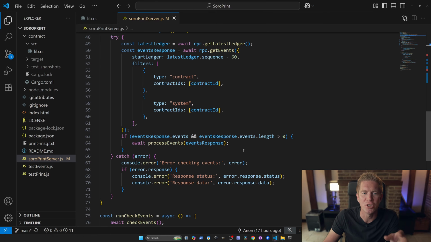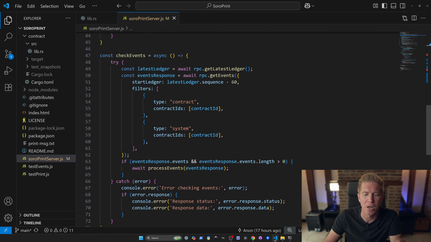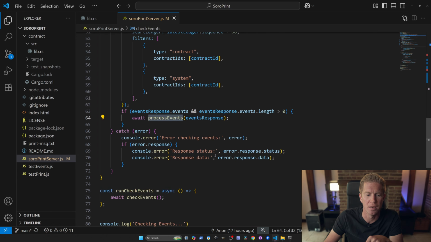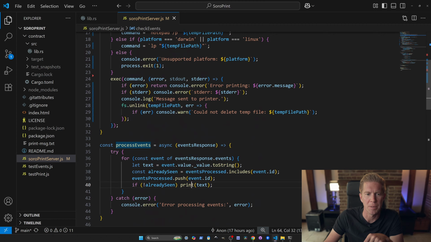On the Web3 side, we're simply checking events. We're connecting into that ledger every few seconds, and we're asking for the most recent events from the last 60 blocks relating to that contract ID that we deployed. Any events that come through, we send to process events, which then sends them off to be printed in this